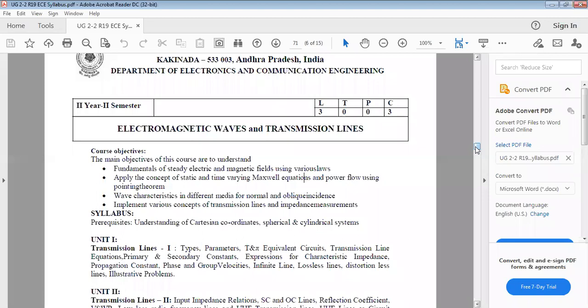See here, the main objective of this course is to understand the fundamentals of electric and magnetic fields using various laws. Several laws are there: Coulomb's law, Gauss law, Biot-Savart's law, and different laws like that. At the end of this course, we learn the fundamentals of electric and magnetic fields using various laws. That is one course objective, and the second course objective is